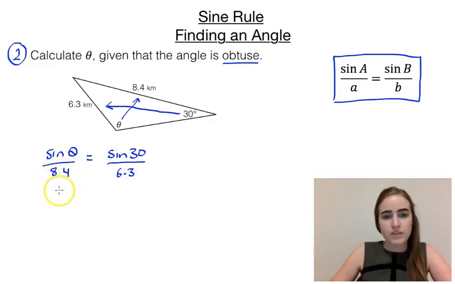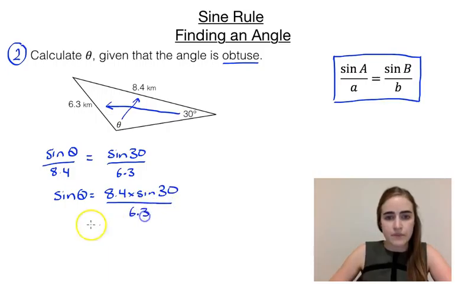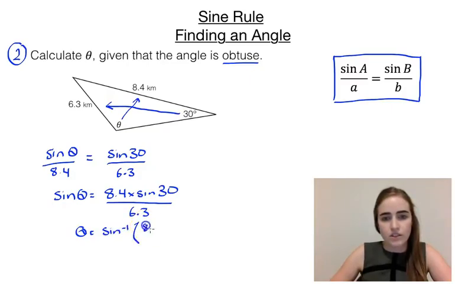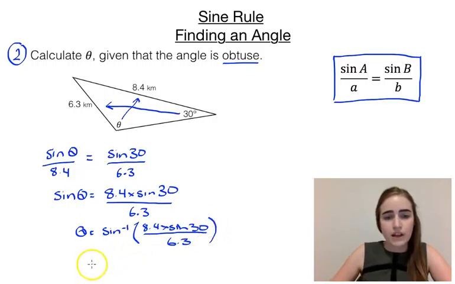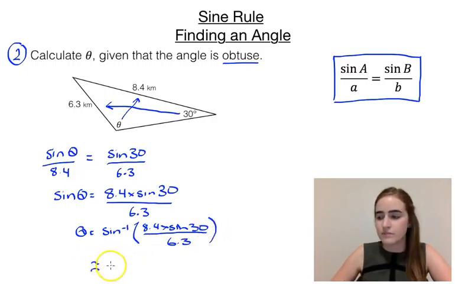So we're going to multiply both sides by 8.4. So we'll have sine theta is equal to 8.4 times sine 30 over 6.3. So then that means that theta will be equal to sine inverse of that whole fraction. So that whole 8.4 times sine 30 over 6.3. When you pop that in your calculator, if we round to the nearest minute, we would end up with 41